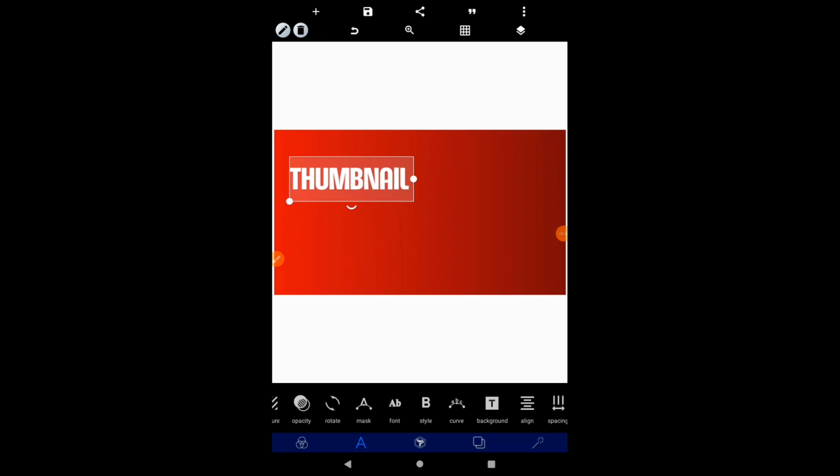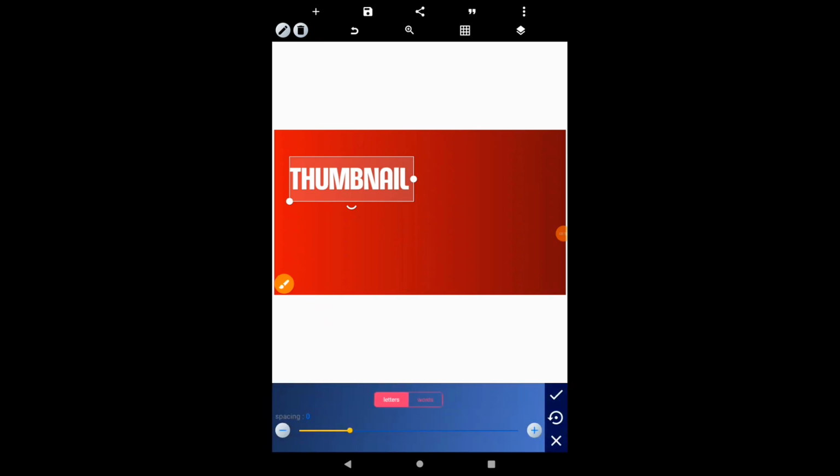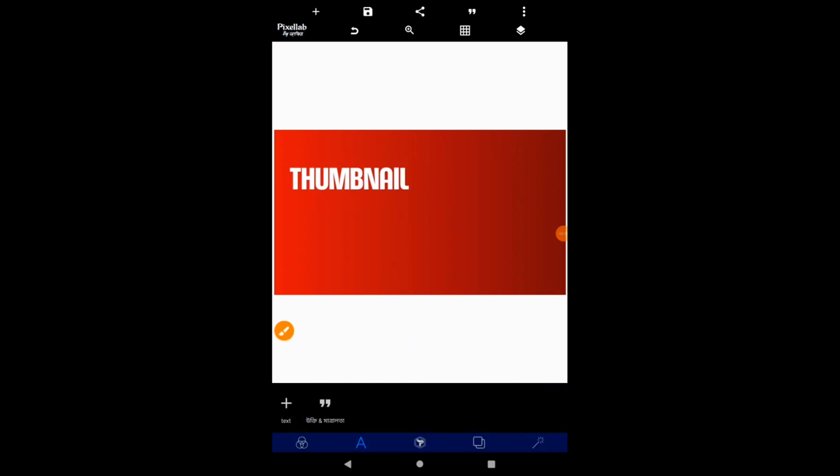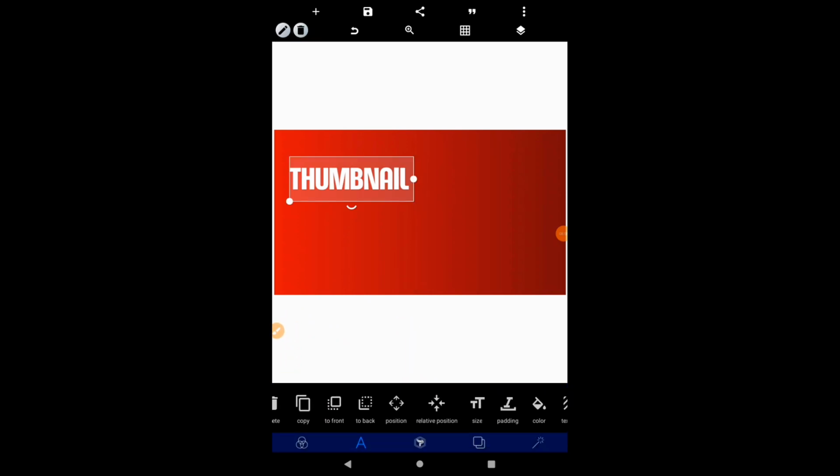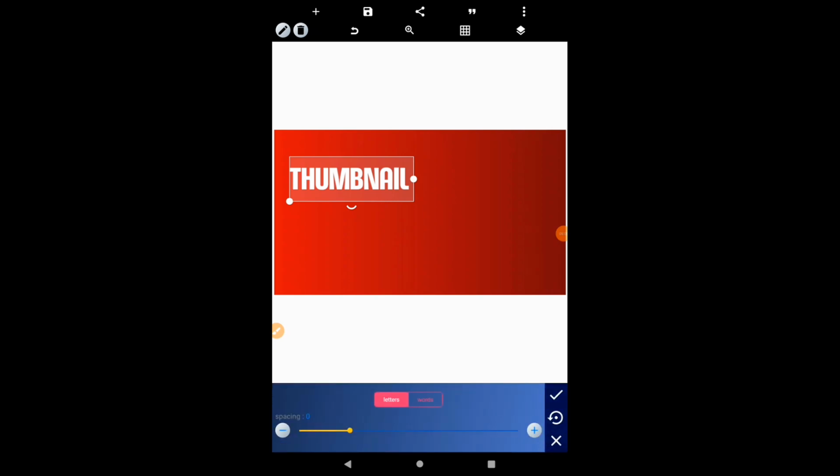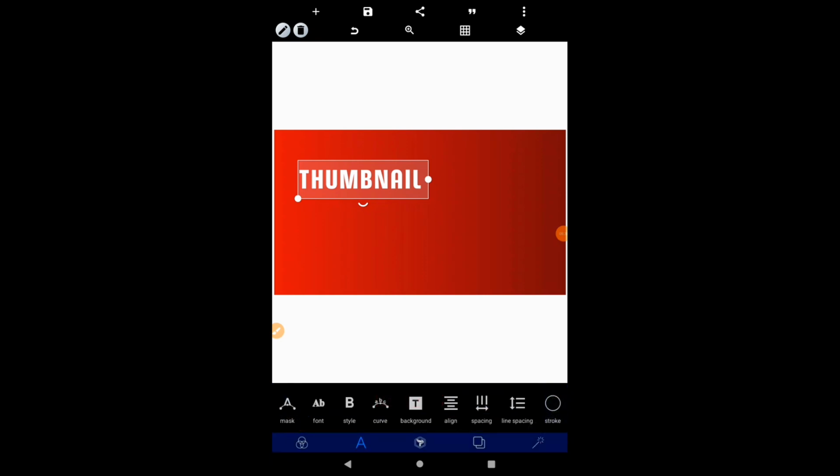Alright, so I'm going to click on this particular spacing just to increase the space between them. So I'm coming to click on the plus or minus to reduce the spacing between them. So sorry about that. I'm clicking on the plus to increase the space. Once you see the space is increased but it's also increasing the size, you can actually decrease the size too as well. Alright, so I'm going to leave it here and I'm going to the next text,